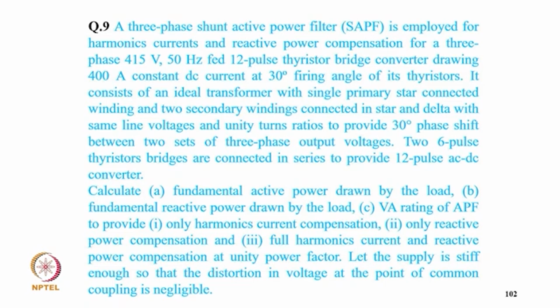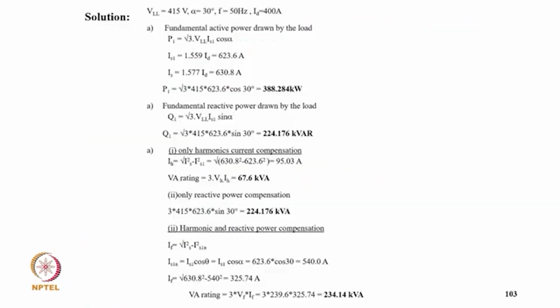First, only harmonic current compensation; second, only reactive power compensation; third, full harmonic current and reactive power compensation at unity power factor. Let the supply be stiff enough so that the distortion in voltage at the point of common coupling is negligible. Now coming to the solution: VLL equal to 415 and alpha equal to 30, f equal to 50 Hz,